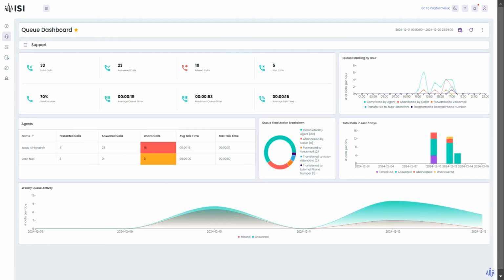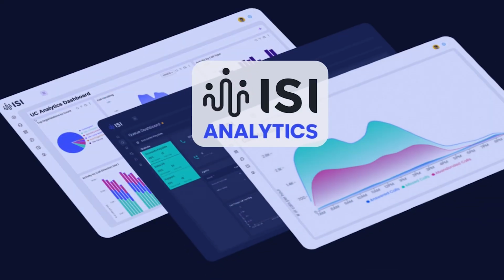Those were two main ways of getting your Q Analytics reporting from your cloud calling platforms using ISI: an easy to view dashboard that's highly customizable, and a robust reporting engine that can empower you to have full control over what data you want to view.